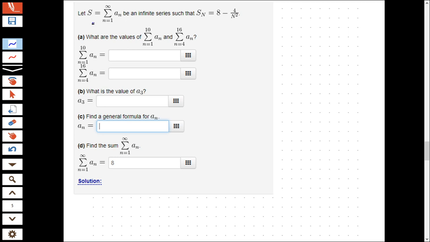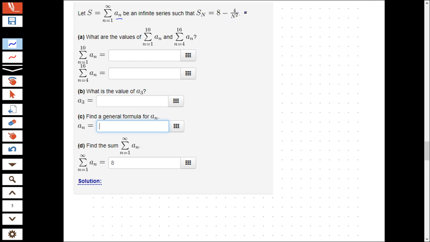So we have a series S. It's equal to the sum from n equals 1 to infinity of a sub n. Now a sub n represents a term, the nth term of this series. All right? And then over here it says such that s sub n is equal to 8 minus 4 over